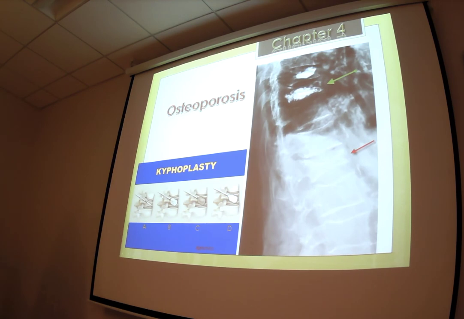But essentially, they drill into the vertebral body that is weakened or fractured, and they will essentially inject cement into it to keep it firm. So here you can see there's kind of a balloon. They blow the balloon up to re-inflate or re-expand that vertebral body. Then they will inject cement into there to help keep it shaped. You can see here that kyphoplasty is already done. This is a compression fracture, we'll probably go into